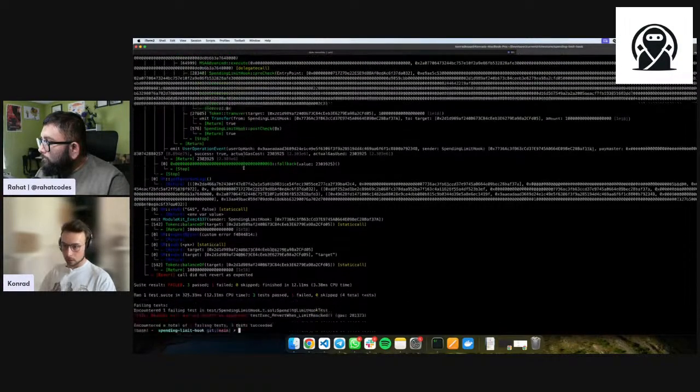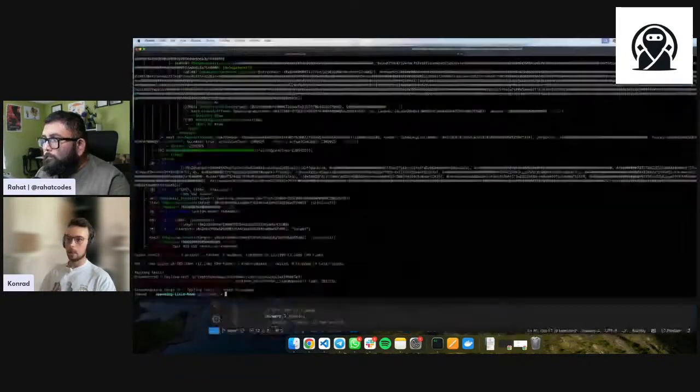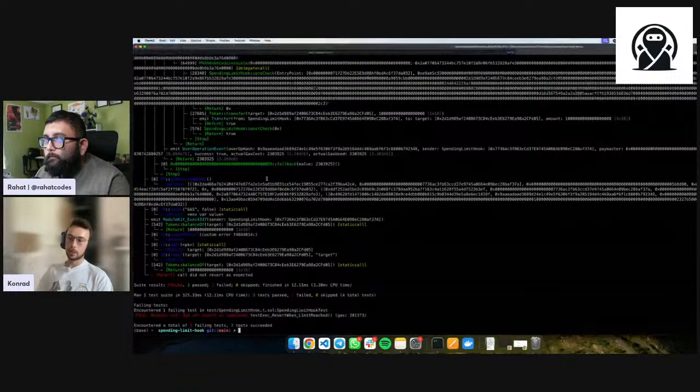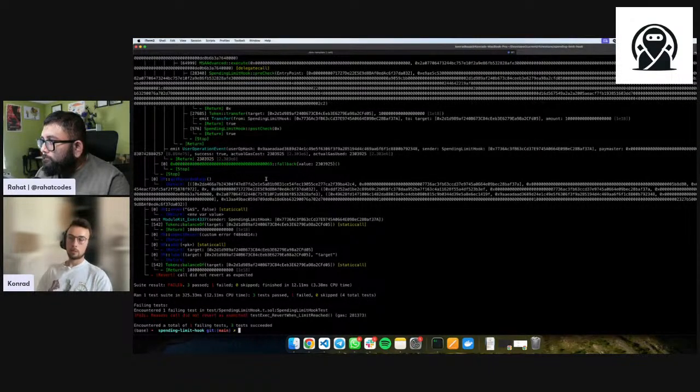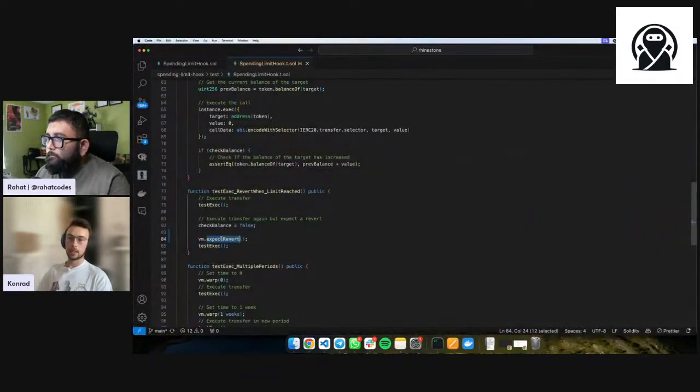As you saw before, the hook will say the spending limit is reached, so it should revert. The problem is that in 437, when something reverts during the execution phase, the whole transaction doesn't actually revert. So vm.expectRevert doesn't actually work in this case. Instead, the ModuleKit has